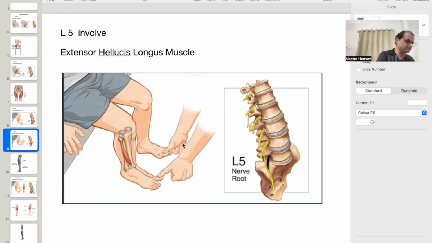So let's see here. I will show you the great toe. So here you can see in this image, when you want to bring the great toe in the upward direction,